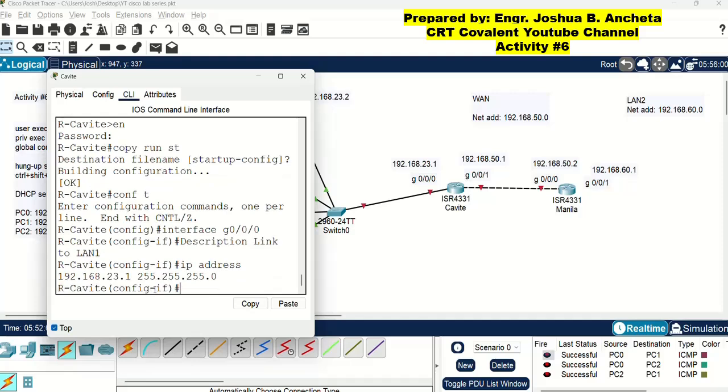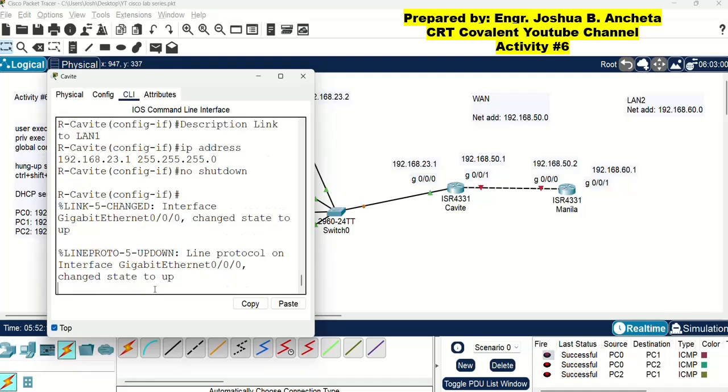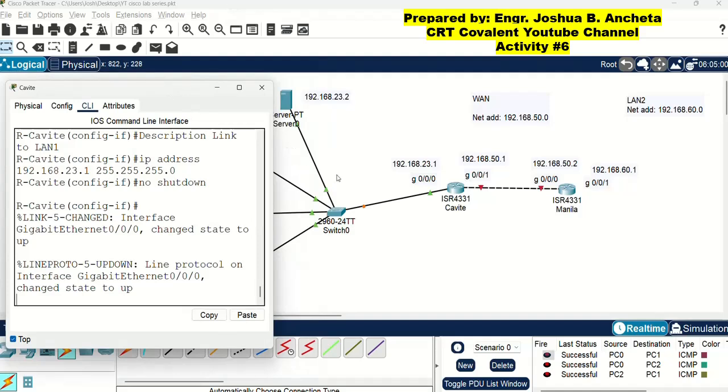Then to turn on this router port, type no shutdown. You can also use the no shut command, but I will be using no shutdown. Then enter. Then try to observe the connection color on this side.